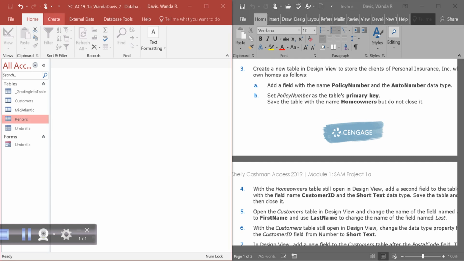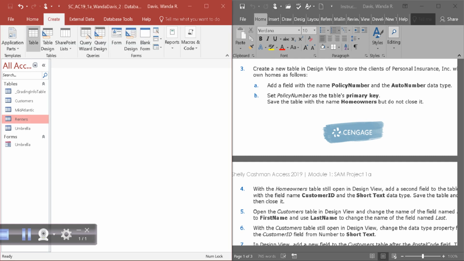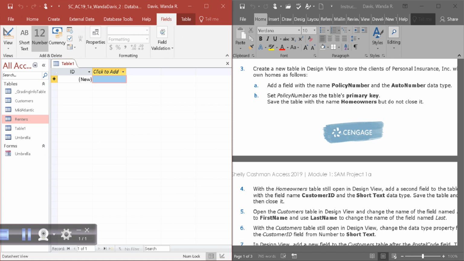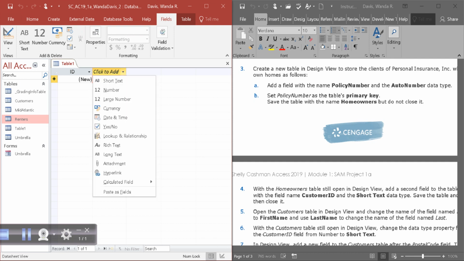So you click on Create Table. If it's not in Design View, you come under the View group, and it always defaults to Design View, and make sure it's in Design View. It says add a field with the name policy number, and the auto number data type. So you click here, and you want to find